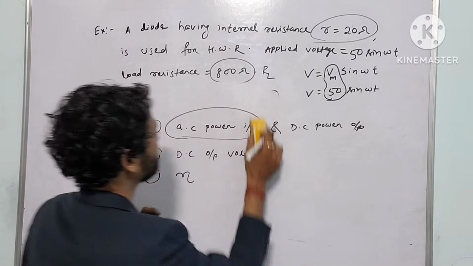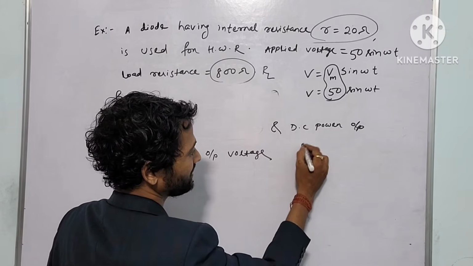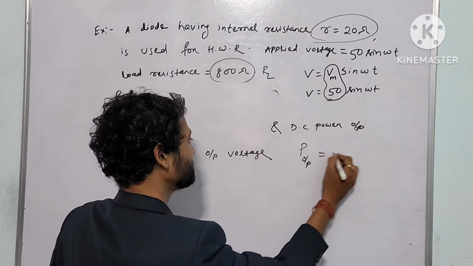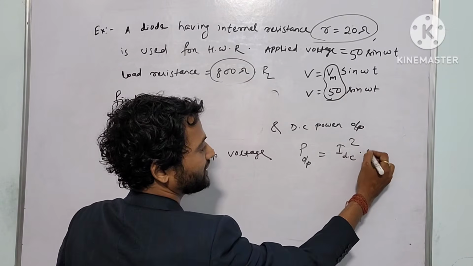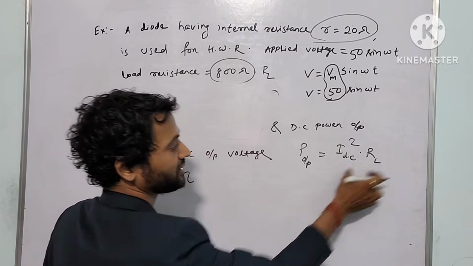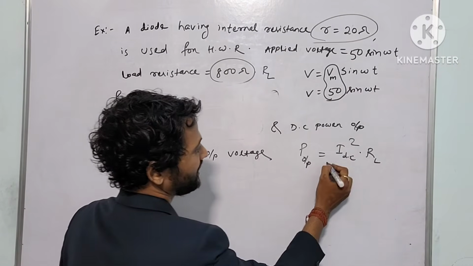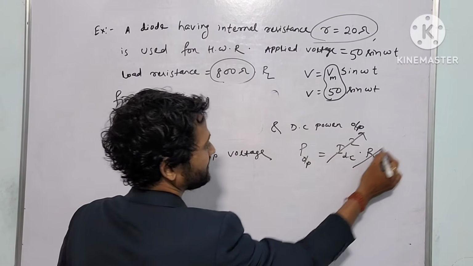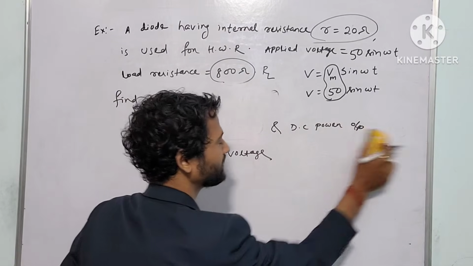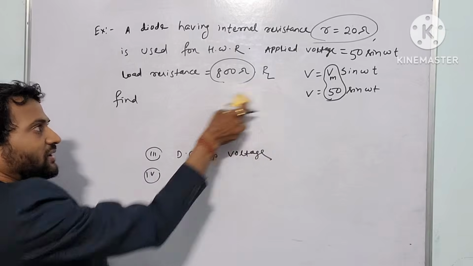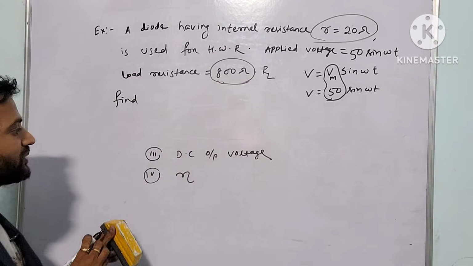Similarly, output power, this is done, AC input power is done. So what is the DC power output? Output power is nothing but IDC square into R, and here what is our output resistance? Load resistance RL, right? IDC we already got, RL is given, so you can find out the output power. I am not calculating it, it will be an unnecessary waste of time. You calculate and write the answer in the comment box. Okay,